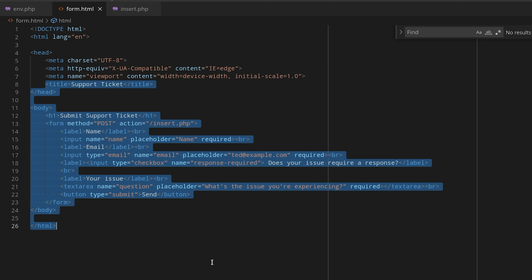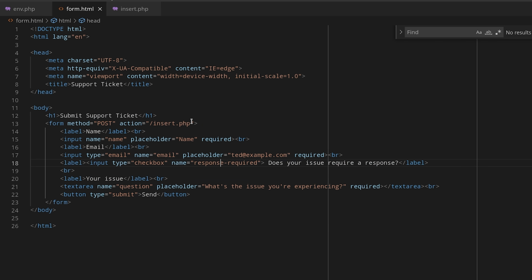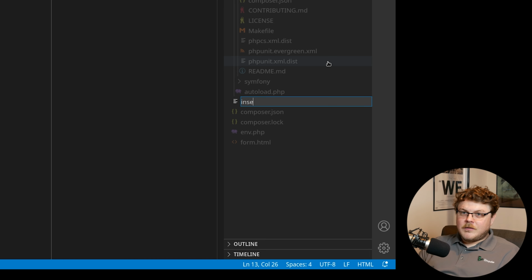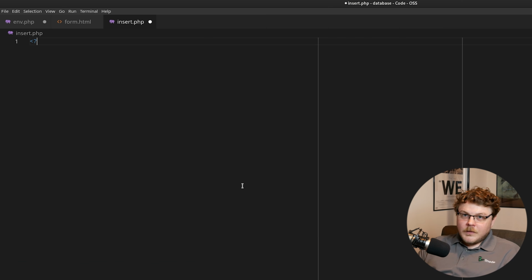So off camera, I prepared this file. It's called form.html. Essentially what it does is it takes the information that we put in here in these input fields and the text area, and then it submits it with a post request to insert.php. Speaking of, let's actually make insert.php. So we're going to go insert.php, and we'll open our PHP tag. We're going to include our